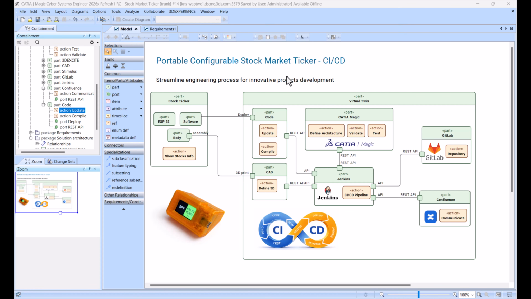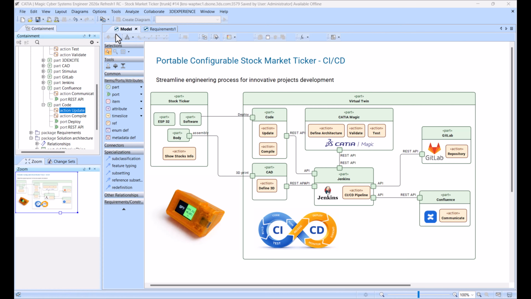There will be integrations to Jenkins for the CI/CD pipeline. This will be the automation engine for this engineering pipeline. Then GitLab will be the repository, and Confluence will be for the wikis. There will also be CAD and code for the design side, because from the SysML we will extract the changes and push them, based on mechanical or functional type, to the appropriate design. Then we'll generate the code and use the updated CAD for 3D print to the